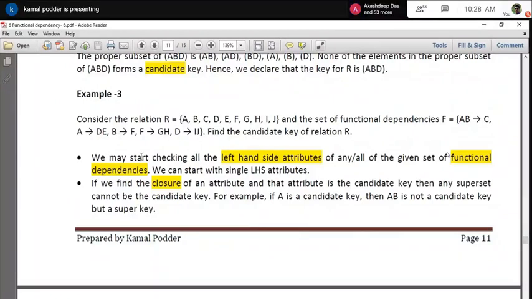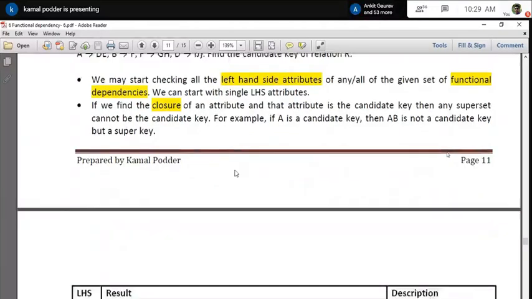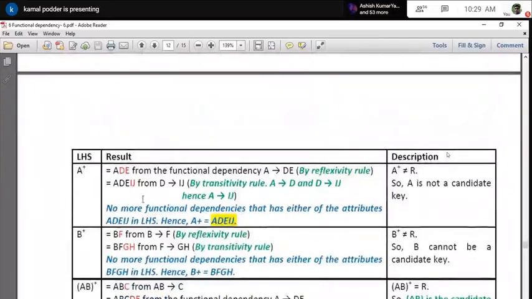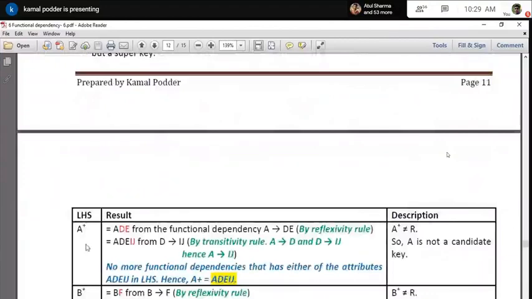Okay, so in this way, when you try to find the candidate key, these are the different rules you have to think about and then apply very intelligently. Then you will find that you might need to follow fewer steps if you consider the appropriate functional dependency. Otherwise the only rule is that you apply it for all the functional dependencies and then try to find out. Okay, sometimes it might be very tedious. So here we have started with A plus, only a single one.